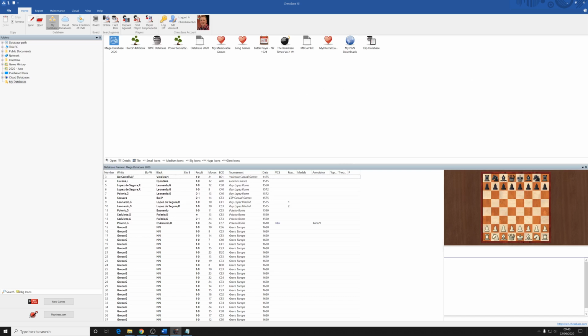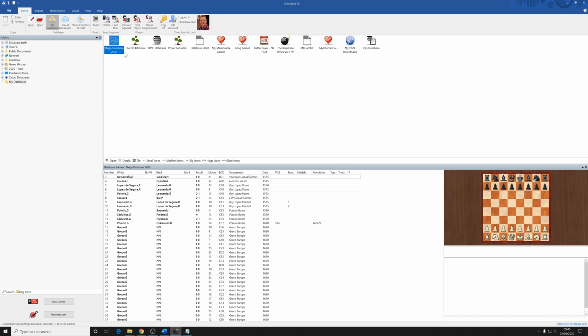So if you download and you install a database, or if you've installed one from a DVD disk, then the icon for that database will appear automatically in your My Databases folder in the ChessBase 15 main screen. You can see here I've done the Mega Database 2020. If not, then you'll have to open the database manually, so if it's one you've downloaded off the internet or something. So it's the same process for any databases that you've purchased or you've downloaded, whether they're produced by ChessBase